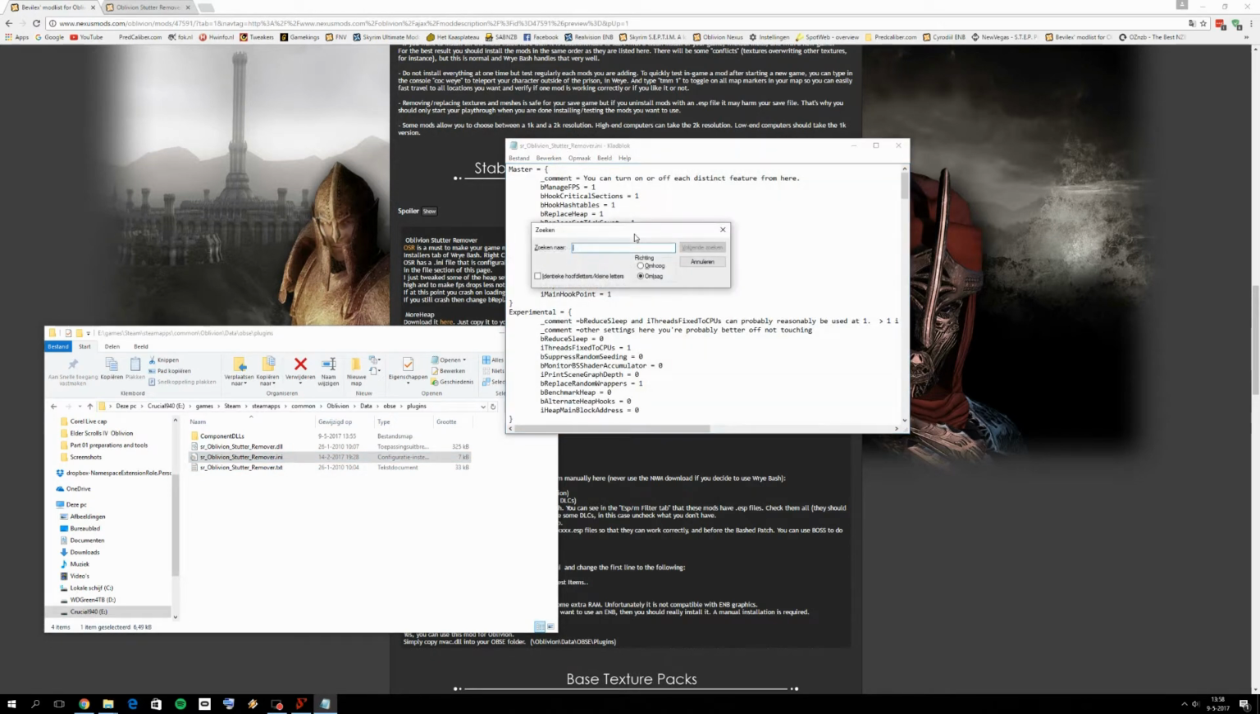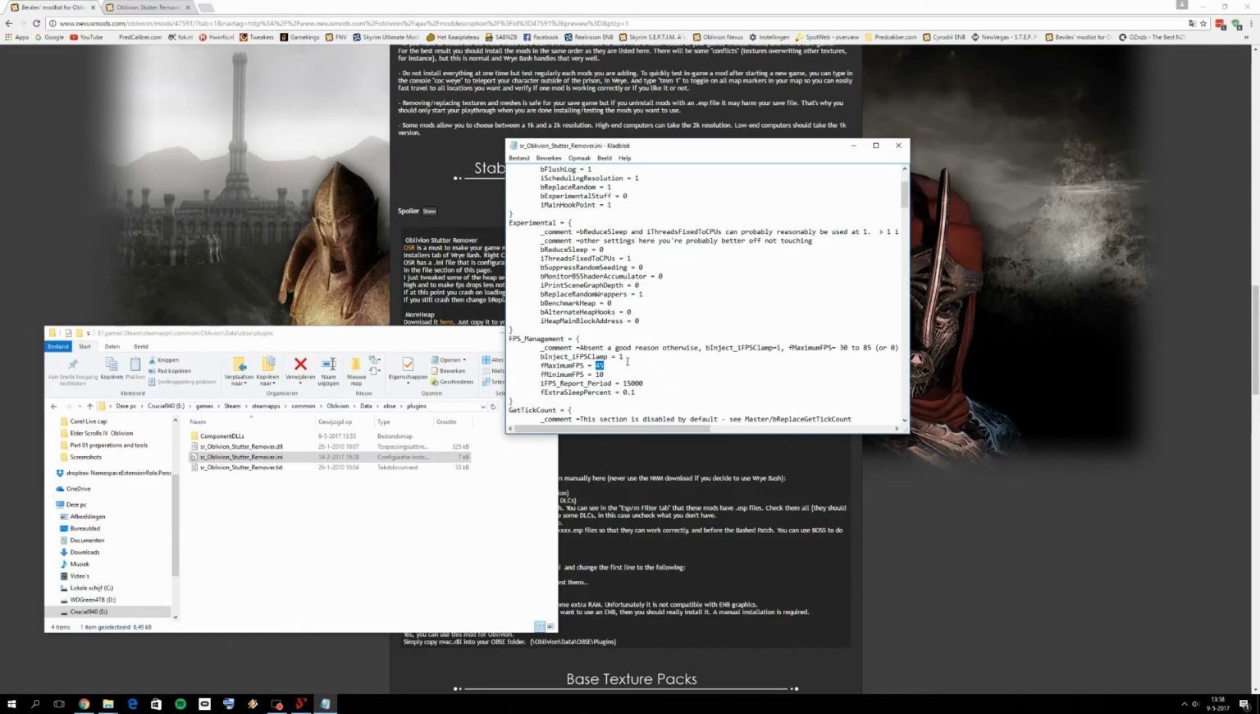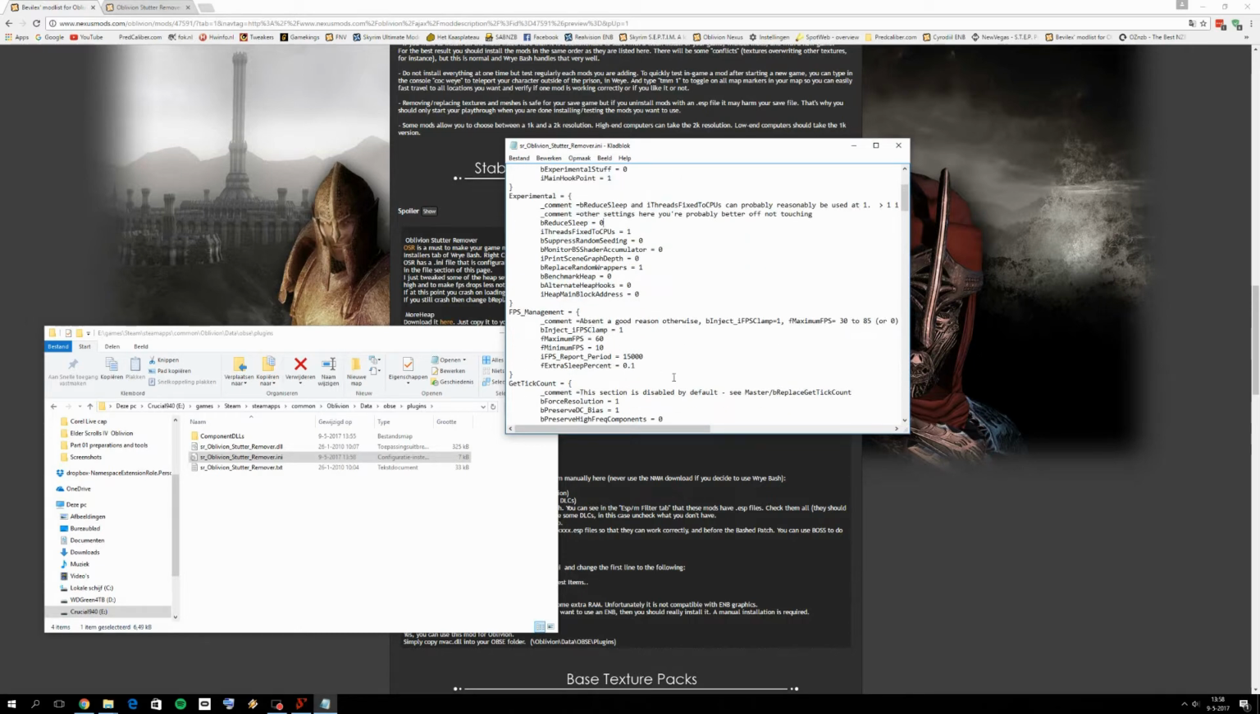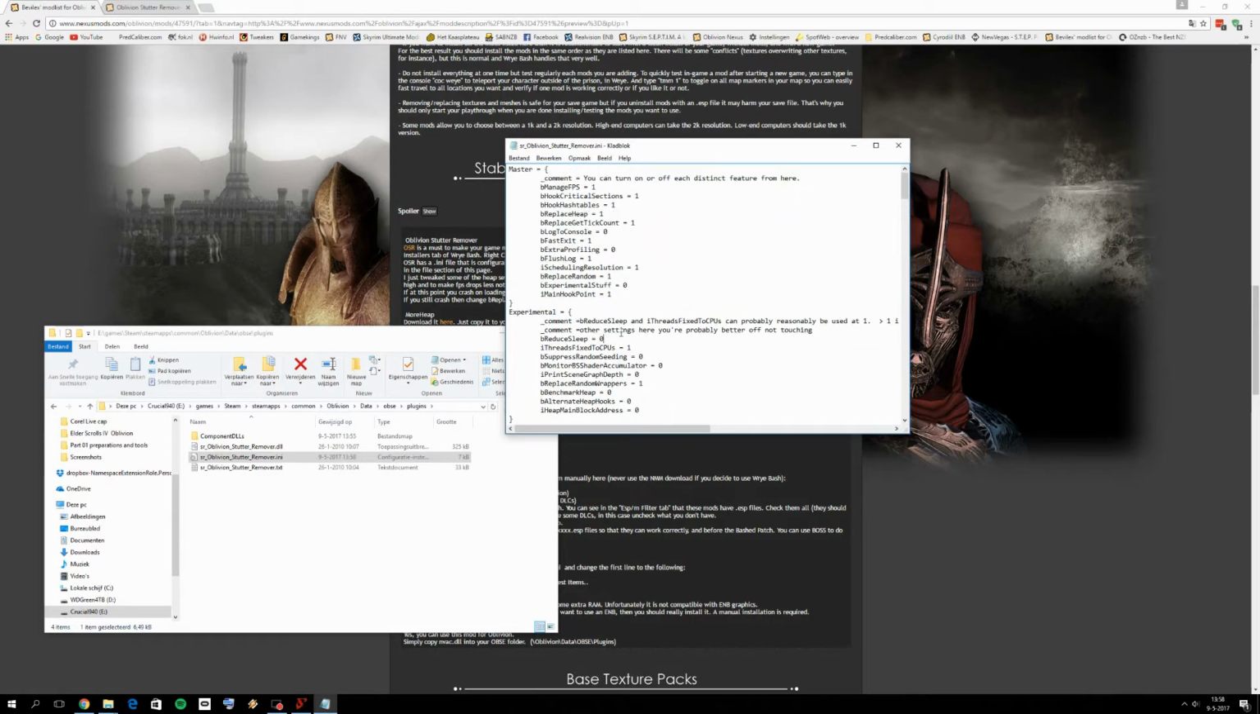Let's see, let's search for the value of 45. Here it is, maximum FPS. Well, first of all, I do set it to 60 FPS, but for some reason Oblivion Stutter Remover still gives me a cap of 30 FPS. So what I did is I disabled the FPS manager, and just set manage FPS to 0, because for some reason it's still capping my frames per